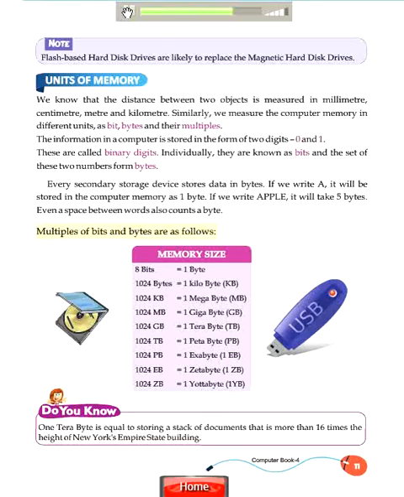1024 TB is equal to 1 petabyte, PB. 1024 PB is equal to 1 exabyte, EB. 1024 EB equals 1 zettabyte, ZB. 1024 ZB equals 1 yottabyte, YB. Do you know 1 terabyte is equal to storing a stack of documents that is more than 16 times